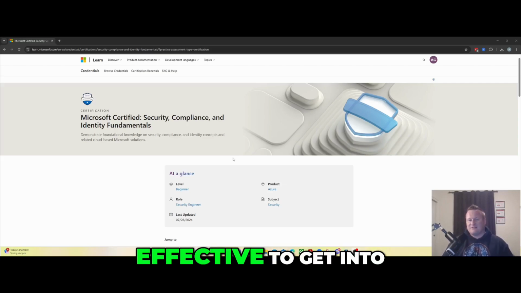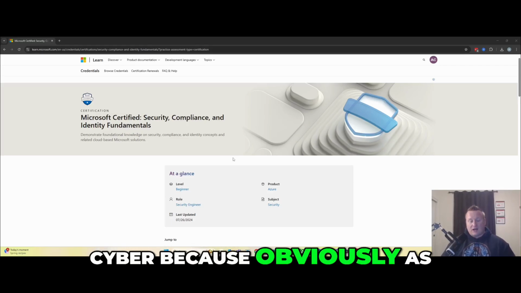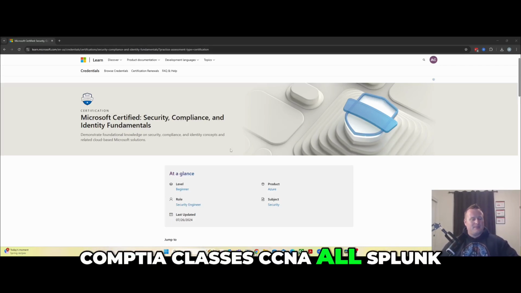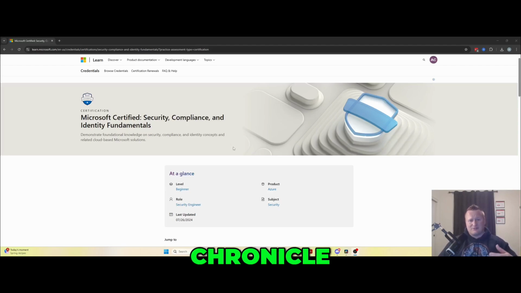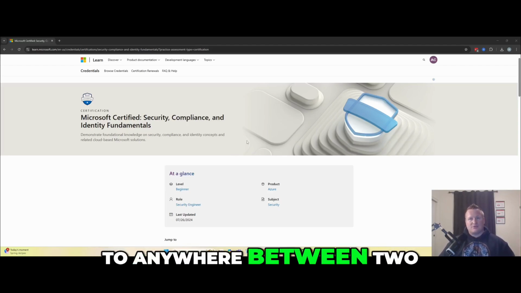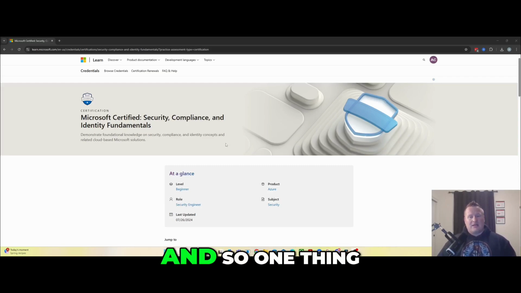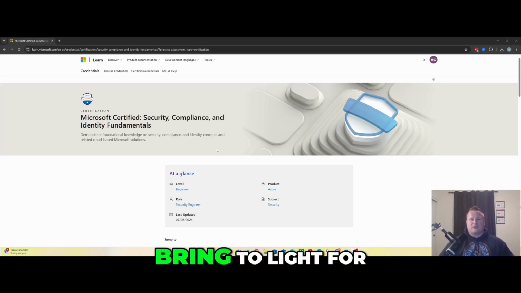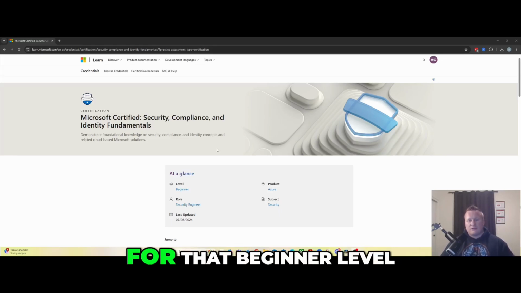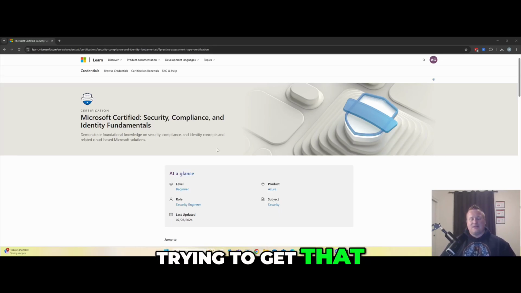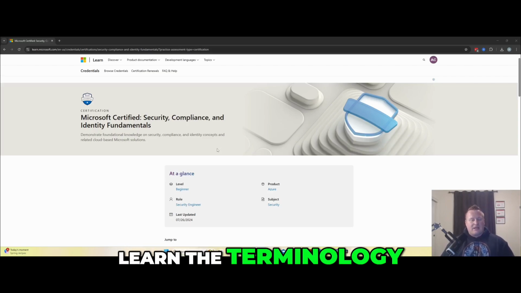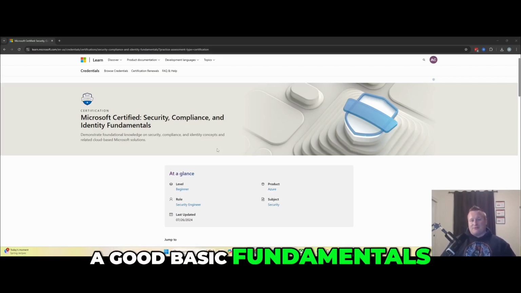less cost-effective resources to get into cyber, because obviously, as you know, you have your SANS classes, your CompTIA classes, CCNA, Splunk, Elastic, Chronicle, CrowdStrike, and many of these certifications can cost anywhere between $250 to $400. So one thing I'm trying to bring to light for you guys is more cost-effective certifications, good for that beginner level, to get the knowledge to get better into the field, learn the terminology, and have good basic fundamentals on some of the things